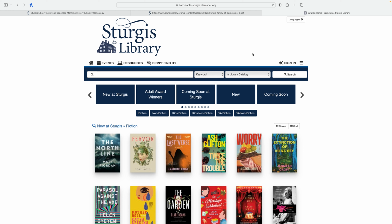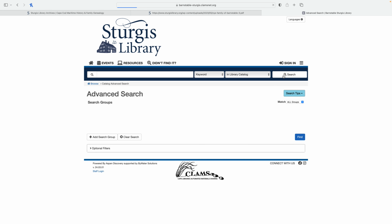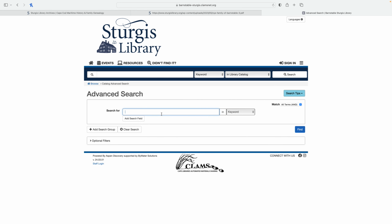You may be familiar with this website if you've used it to search for and request books or other materials from our library, but today we're going to use the advanced search feature to locate items from the archival collections. So if you go over here where it says keyword, you click on the arrows, navigate down to advanced search, and then click search. This will pull up an advanced search box. So here's the search bar. We're going to type in deed,